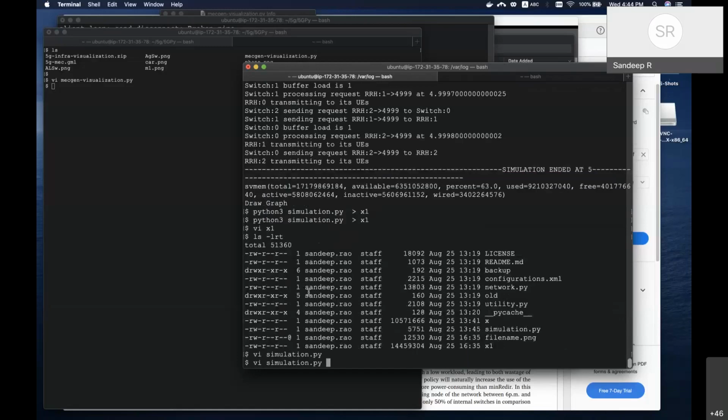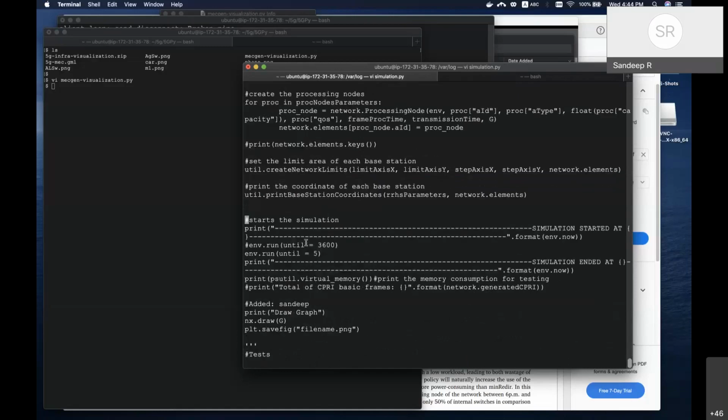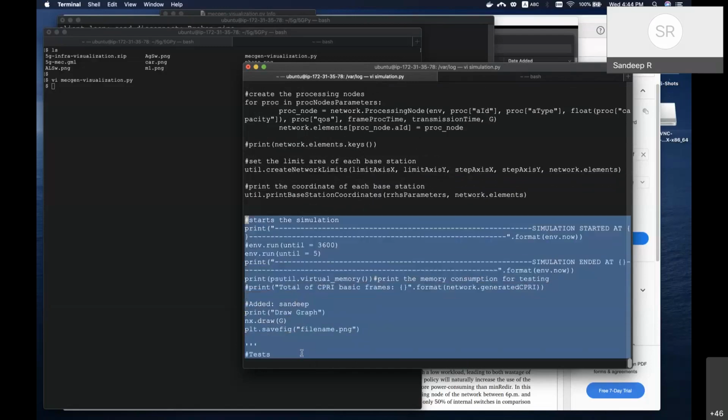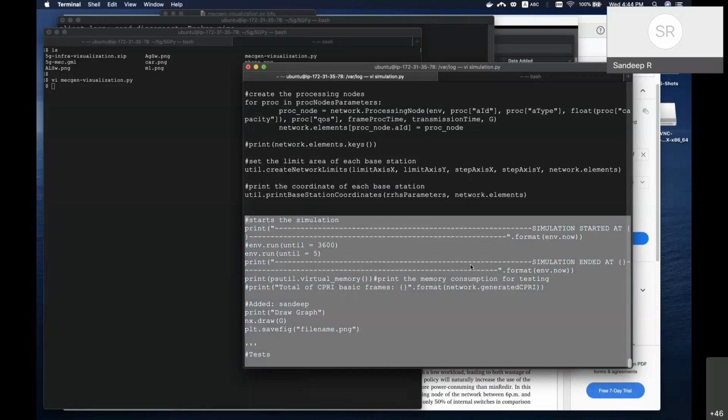In the ENV part, I think in line 108, you can reduce the timer. Otherwise, it will keep running for an hour, which doesn't make any sense. So just make it 5 seconds. I think this is working.